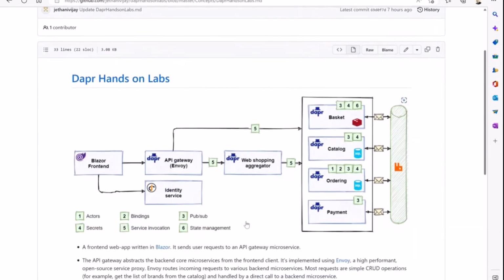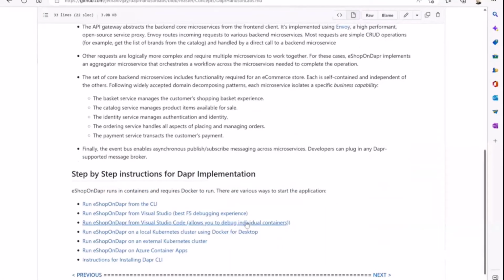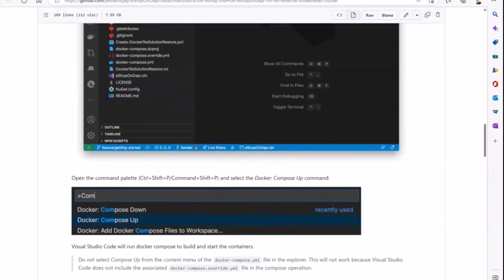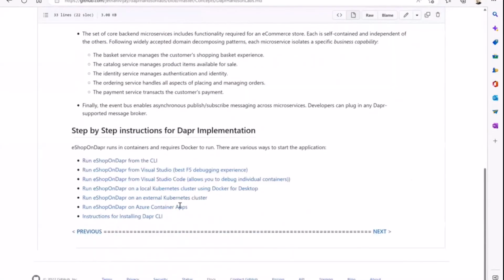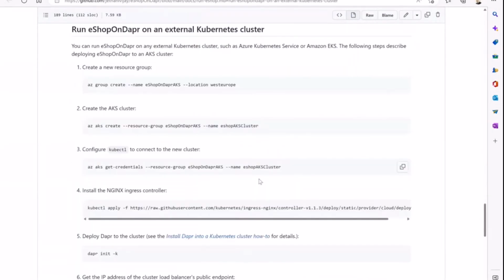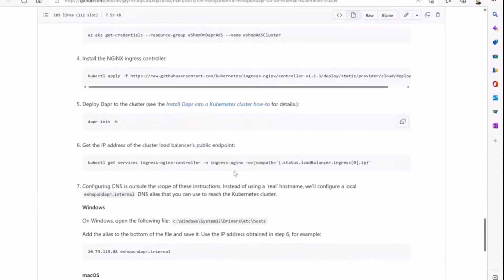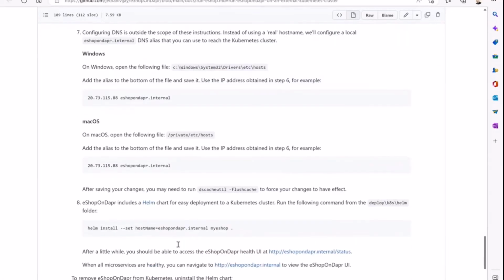Okay, so this is the eShop on Dapr application which you're trying to install. You already have the code when you clone that repository. Now, the only thing you have to remember is to go to the respective folder for installing that Helm chart, which is available in the CD. Then you have the deploy, Helm charts you have. So from there you will install that Helm chart, and it is also given here as well